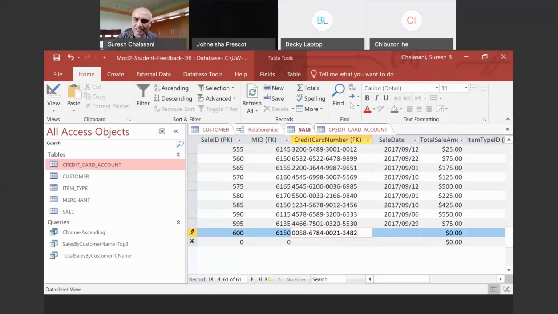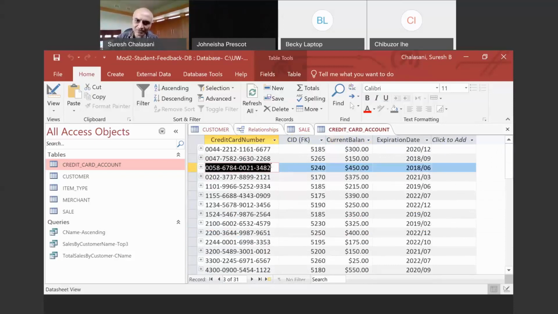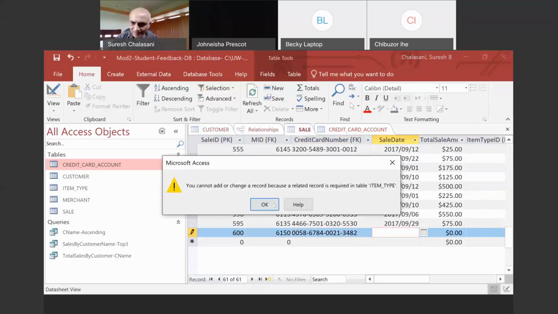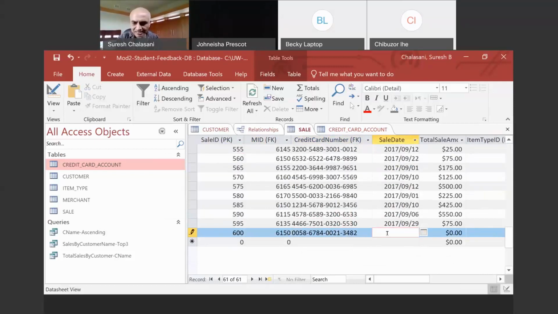So I know that that's a valid credit card number because I copied and pasted from the credit card table. And then the sale date, when did this happen? So this is like, I'll say 2020, just before the pandemic, maybe 2020 02 01, something like that.